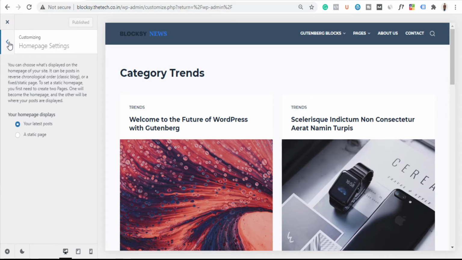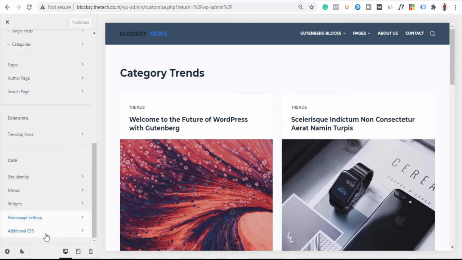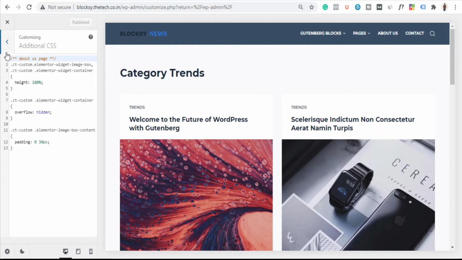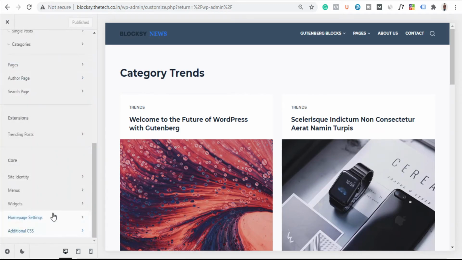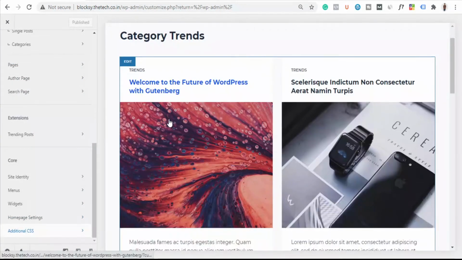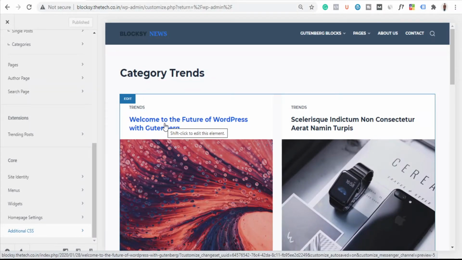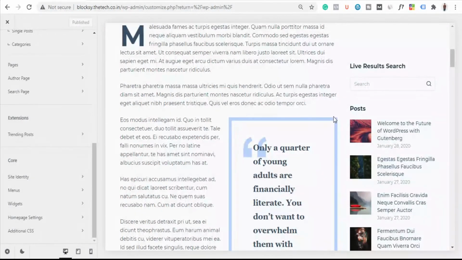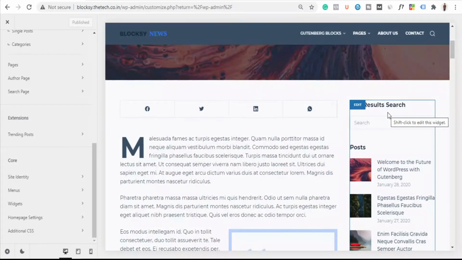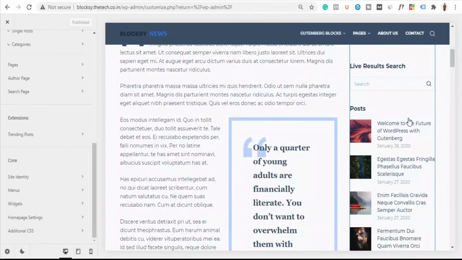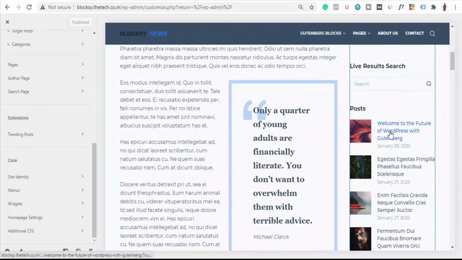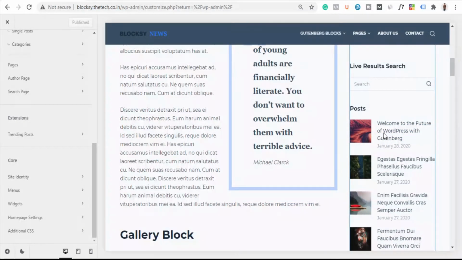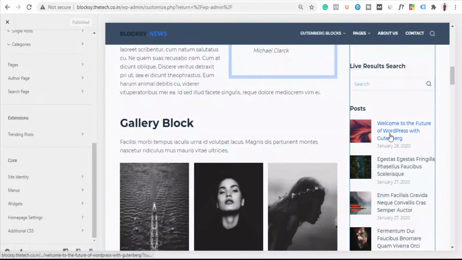Okay, now let's go back, and again we have this additional CSS option which we don't need to understand for now. And one more thing I need to explain to you: if I go to any single post, here you can see we have this right sidebar. But we haven't understood yet how we can change the sections of the sidebar. Suppose you don't want this search icon, or you don't want this post, or you want something else instead of this post, then how we can change that. So that also I'm going to explain to you right now.